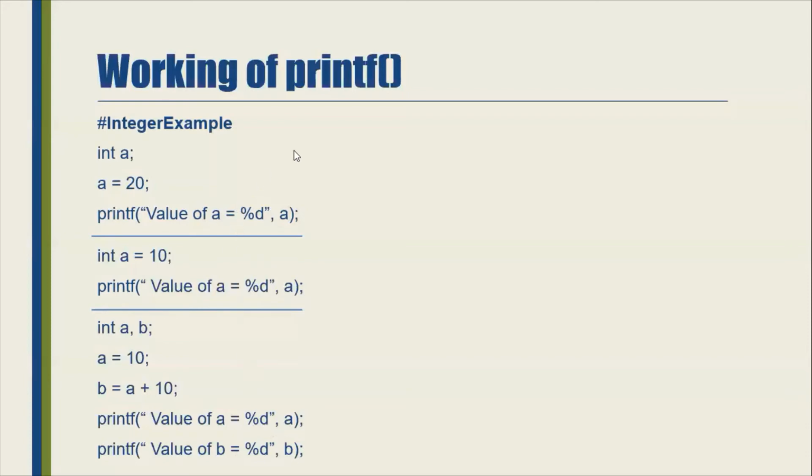Let us see how we can use float. Here I declare a variable float a. I initialize a to 20.50 and I am going to print the value of a. Now here, instead of %d, I am going to use %f. Why? Because for float you have to use %f. When the compiler reads your printf command, it will understand that %f means it needs a float value. So who is going to provide me the float value after the comma? That is a.